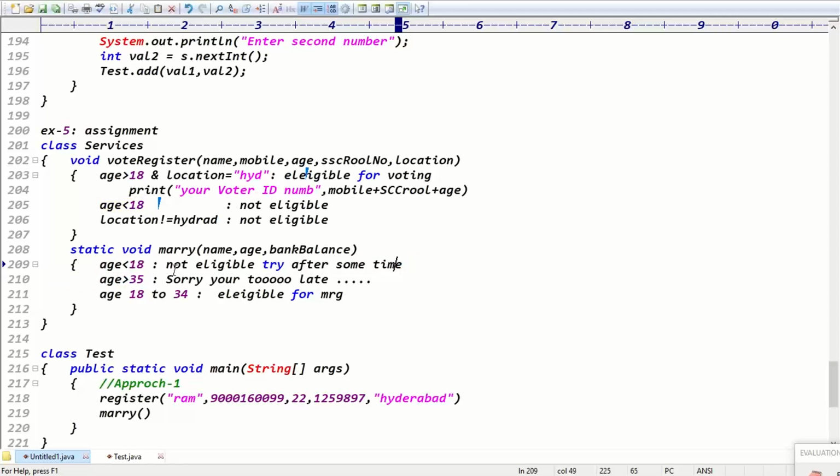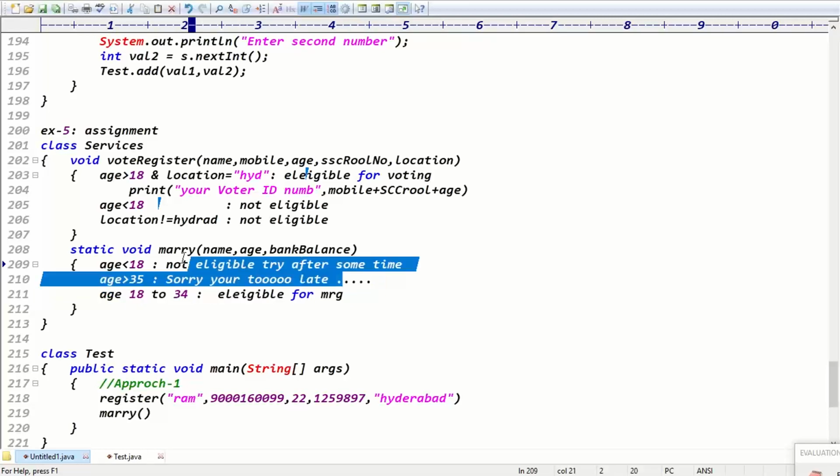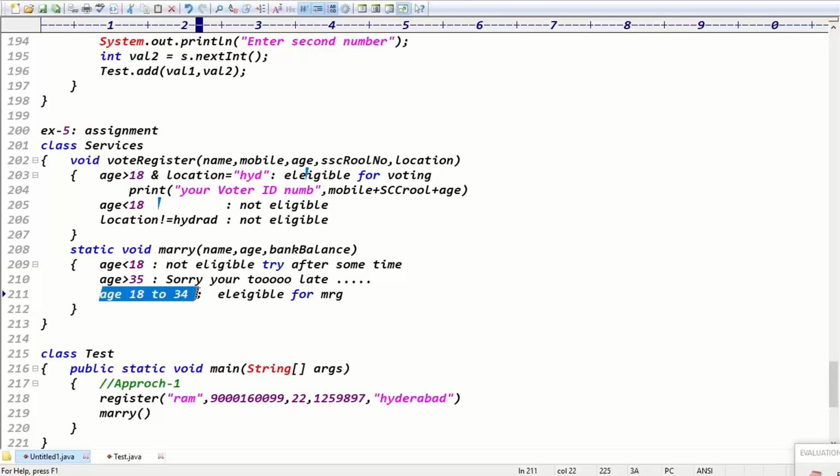If age is greater than 35, sorry, you are too late. If age is between 18 and 34, he is eligible for marriage. Just give the message that you are eligible for marriage, that's it.